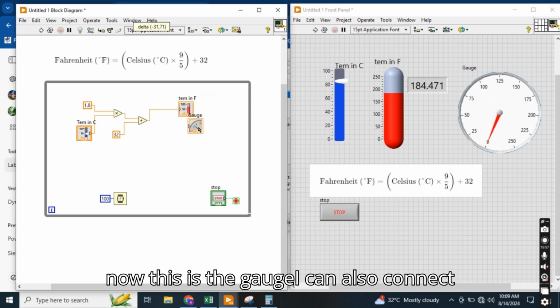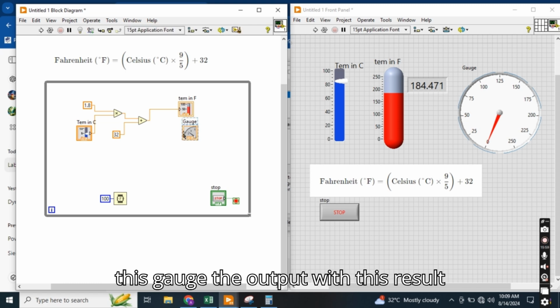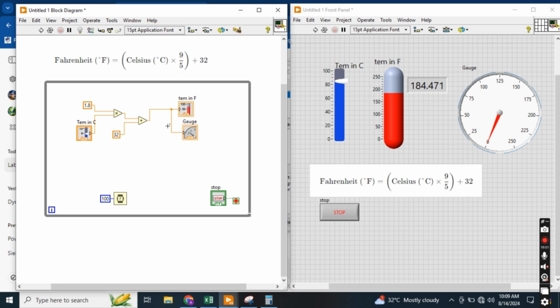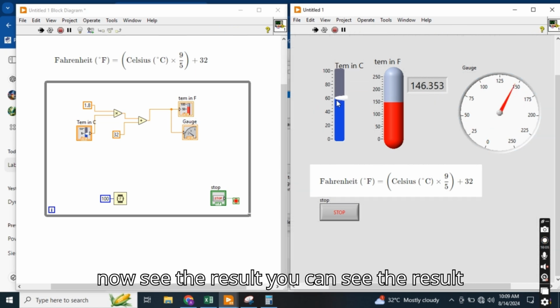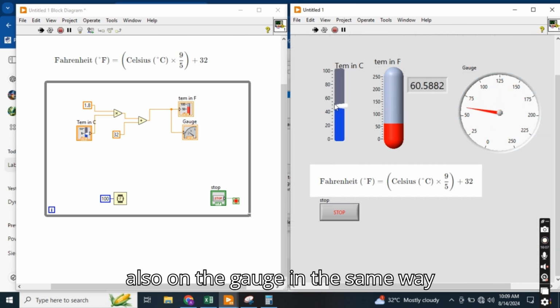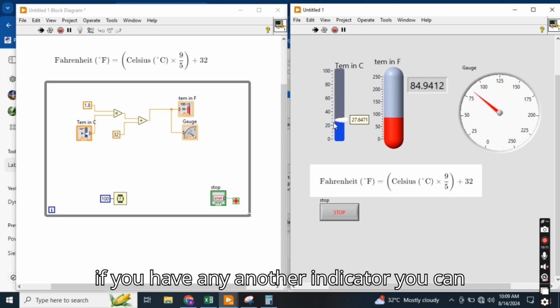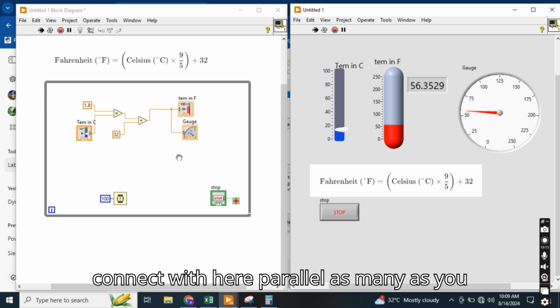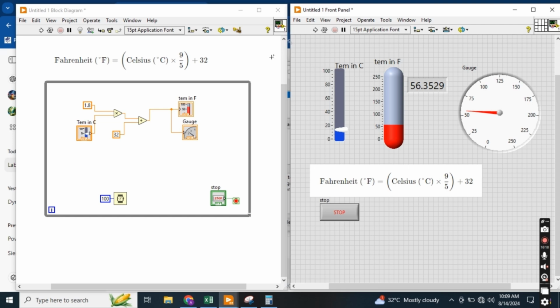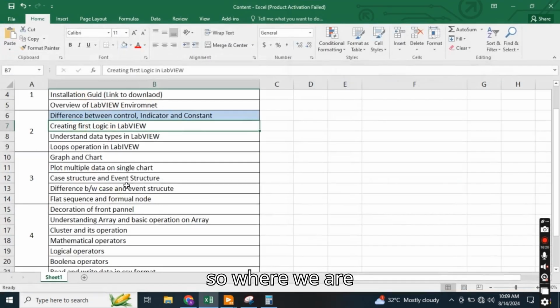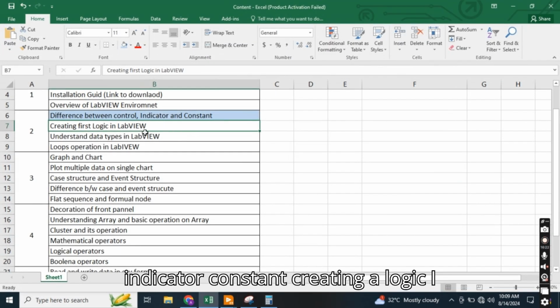Okay, now this is the gauge. I can also connect the output of this gauge with this result, like this. Now run it again. Now see the result. You can see the result also on the gauge. In the same way, if you have another indicator, you can connect it here in parallel, as many as you want, no issue. Okay,